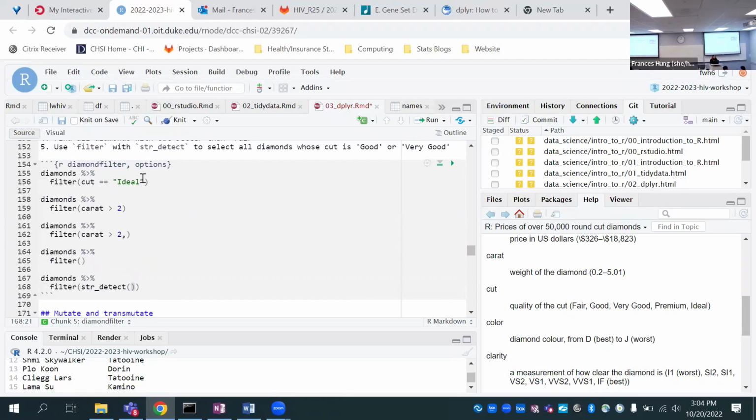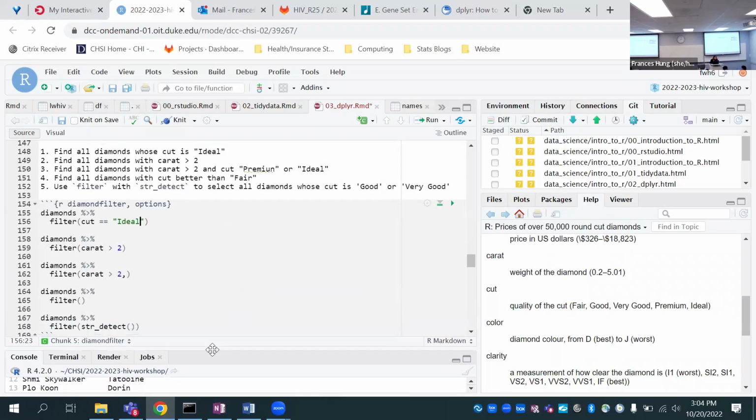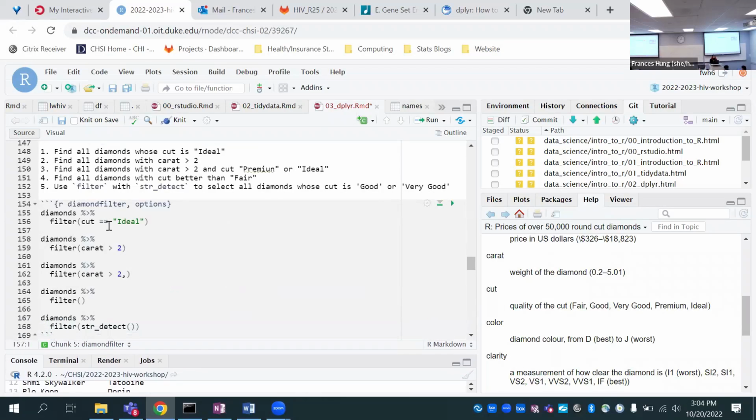Okay, we can get started with the first few. So the first few are fairly straightforward, although we didn't really go over this equals this time. We went over it last time. So remember last time we talked about how 1 equals is used to assign variables, but 2 equals is used to determine whether 2 things are equal.